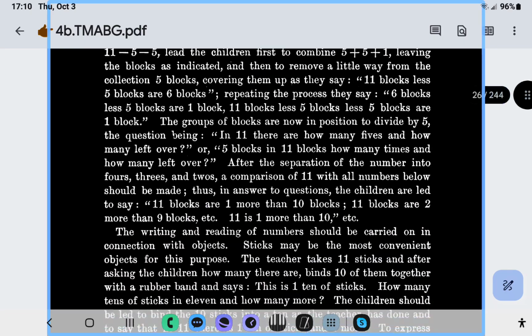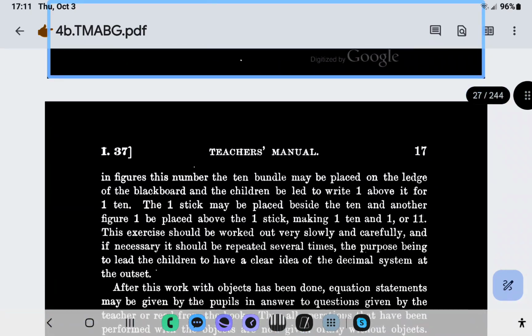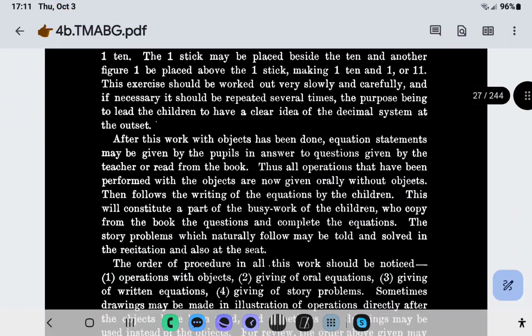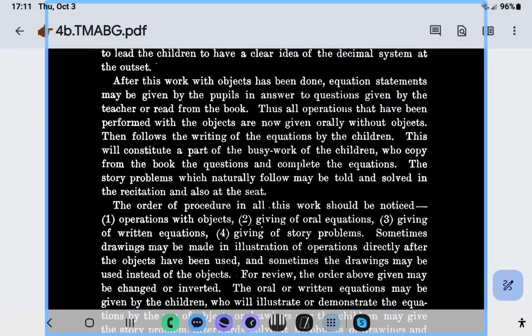Gotta scroll to the next page. Page 137. Teacher's Manual. 17. In figures this number the 10 bundle may be placed on the ledge of the blackboard